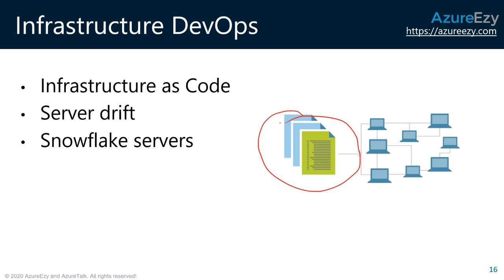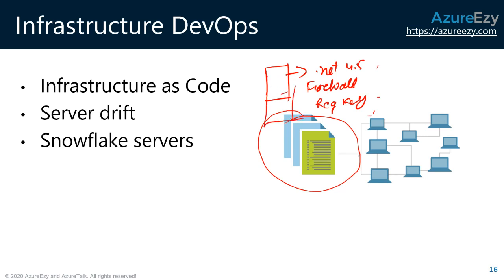What happens when you request a server, right, with some configuration? I need .NET Framework 4.5. I need a firewall, Windows firewall with this configuration. I need this registry key enabled or disabled. I need this runtime. I need blah blah blah. Whatever operating system customization you need, you provide that to the infrastructure guy, and they customize this. Right now, what happens is that this is the operating system. Let's take an example of Windows itself. Now you ask, I need Windows 2000.